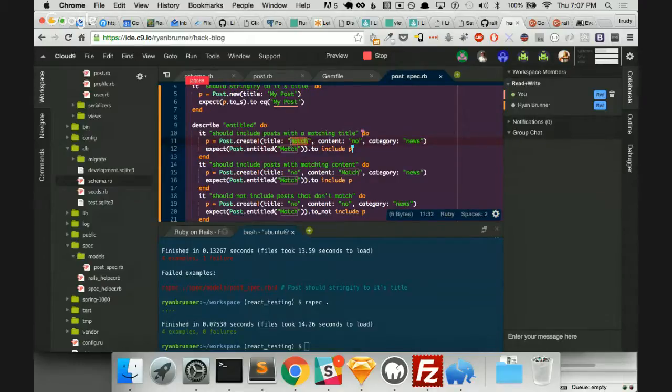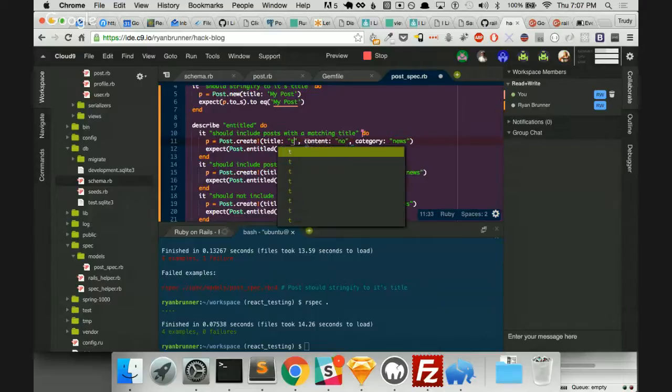You don't know how to make it fail? Well, if you look at the first one, it says it should include posts with matching title. Then we create a post with the title match, and we're expecting something that calls that method to include that post because it has the title. But if we change it to titles,